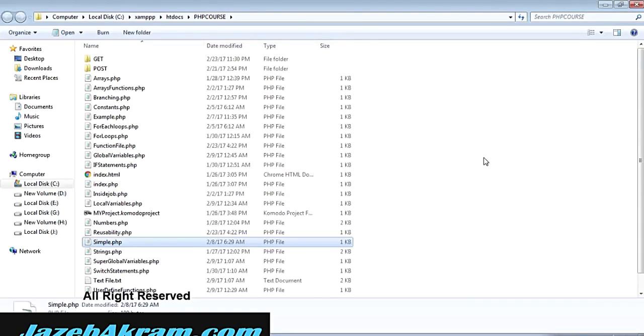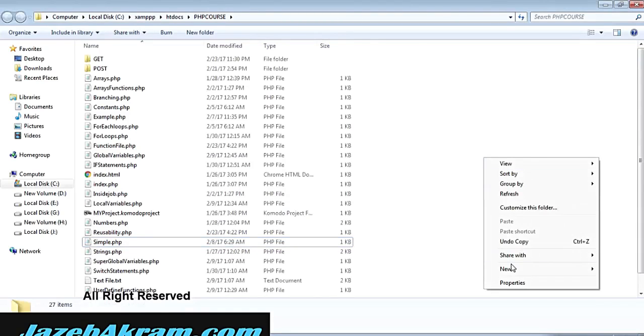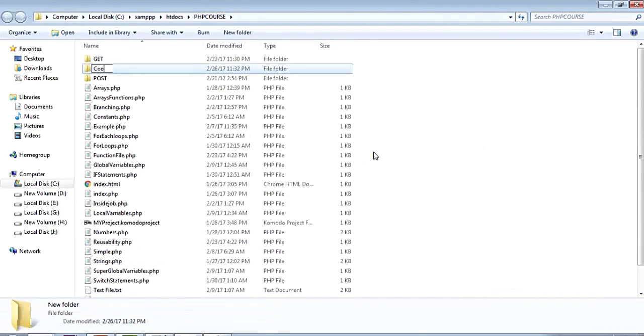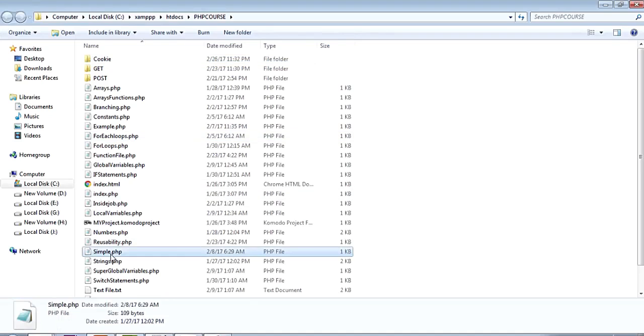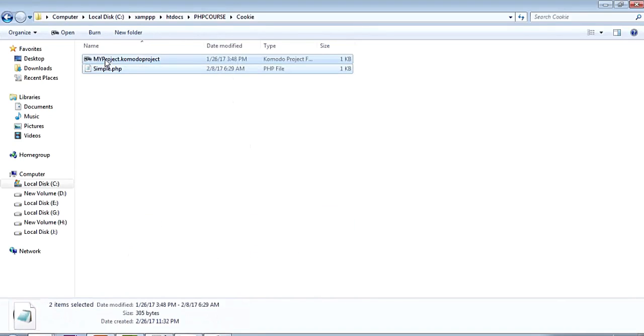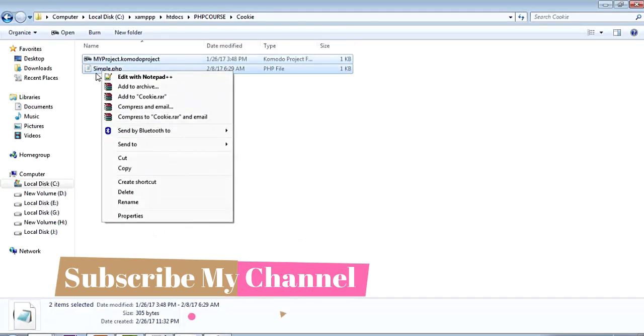So in the folder of PHP course, I'm going to create a new folder with the name of cookie, and inside it I'm going to add this simple.php file with my Komodo project here. Now let me open this simple.php file in my Komodo,